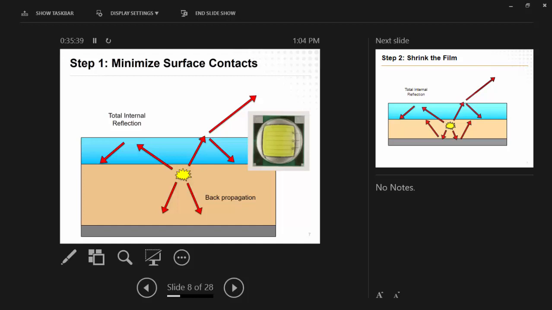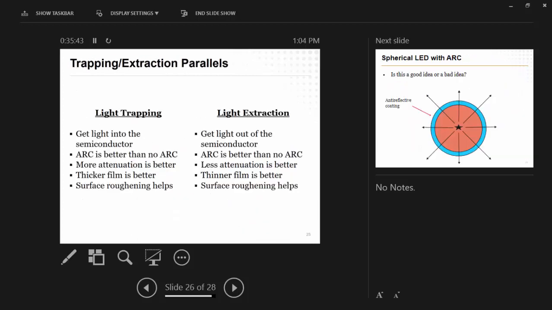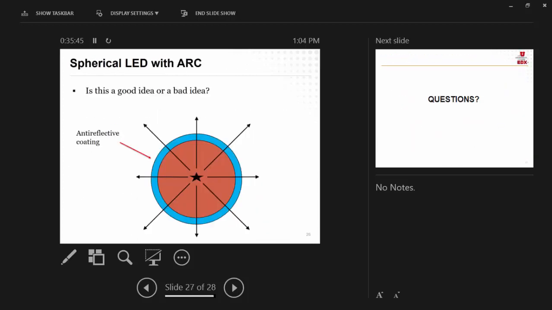So I'm creating more problems possibly than I'm really solving with this situation, right? So maybe it's a good idea, maybe it just creates more trouble than it's worth, but it's an interesting thing to think about because in principle, it should be absolutely perfect, so why not do that? So again, I like throwing in these little thought experiments because